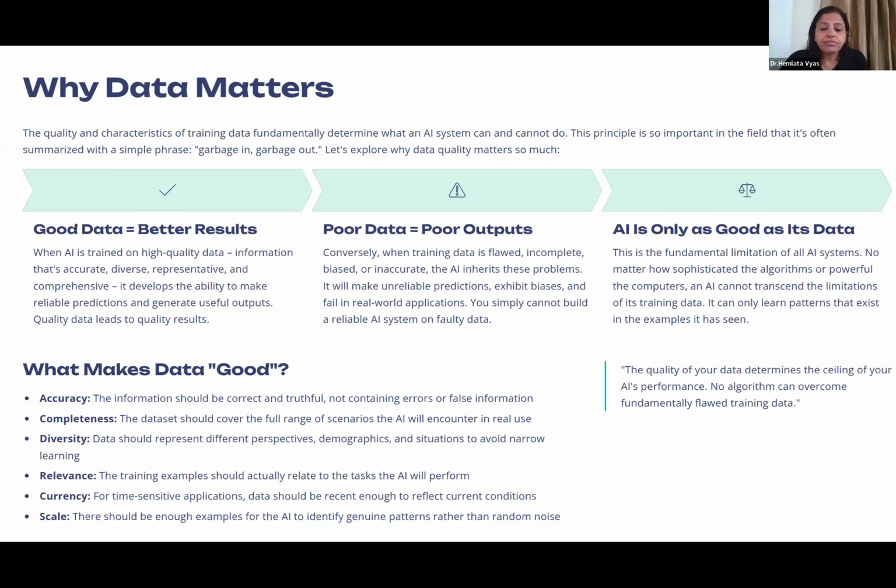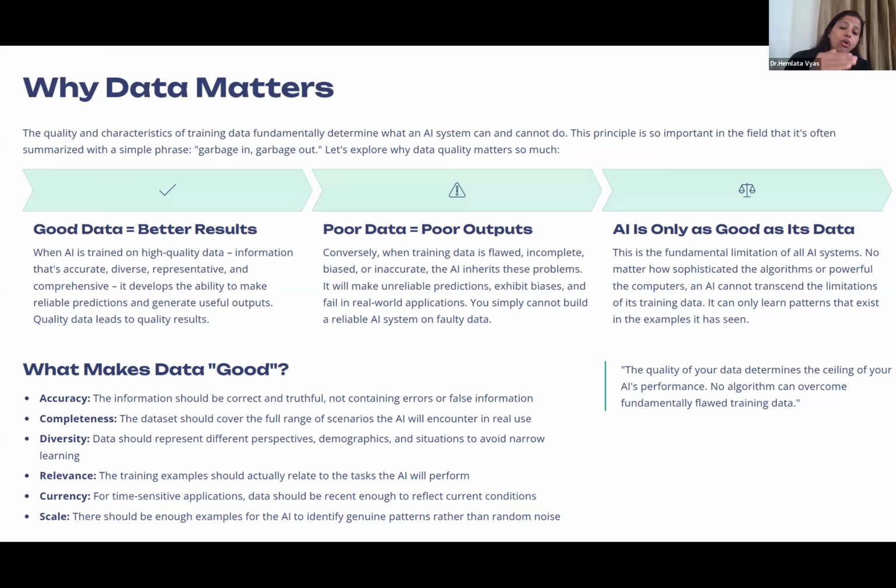And scale is important, meaning AI should be able to decipher what is the correct example and what is the noise in the data, because data may not contain a complete picture or completely the relevant information. It would contain some additional inputs as well. So that scaling is very, very important.